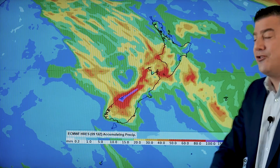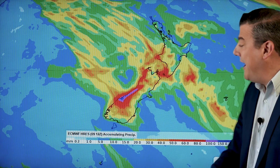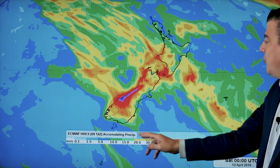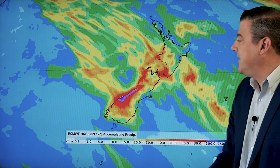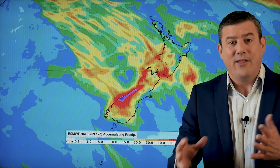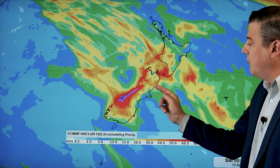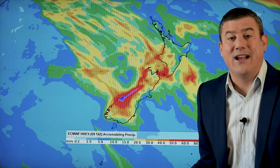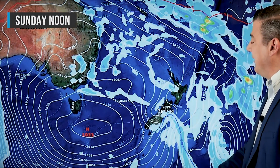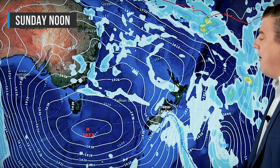And then the next area that's dry is around Manawatu and also Wanganui, and that area also getting around 20, maybe 30 millimetres if you're lucky, but some may only get 10 to 15. Either way, there is some moisture coming, and in the South Island, mostly dry around coastal Canterbury. That area now is actually starting to dry out quite a bit. So on Sunday, rain is clearing away from the country. We've got a colder southerly around, a few showers here and there, but we've got an enormous high building,